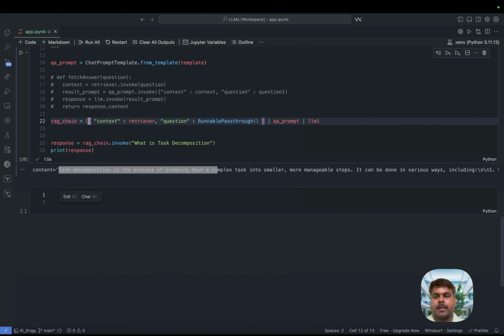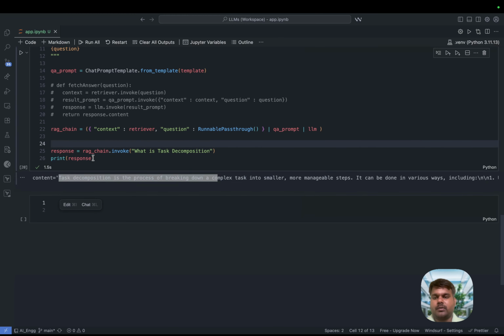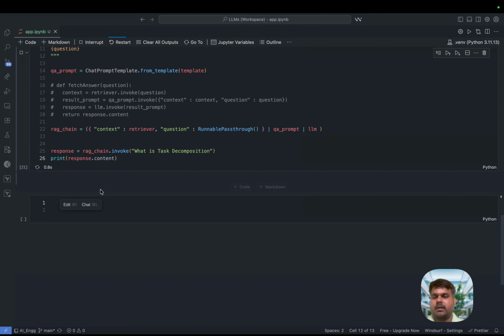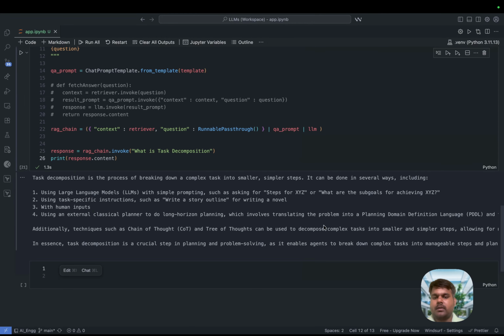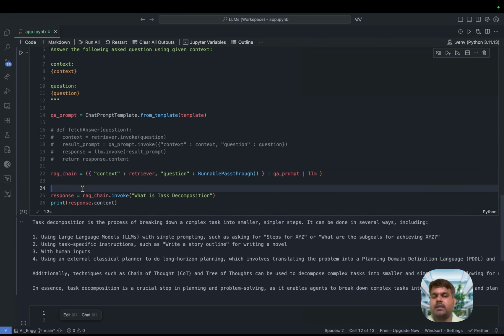Okay, and it will be given to the QA prompt just like before, and now it will give into the LLM. Okay, and when we do this, we are getting our response. To define it more, I will do something like this, and we are getting our response. So good. Okay, so this was the thing. Remember, if we do not